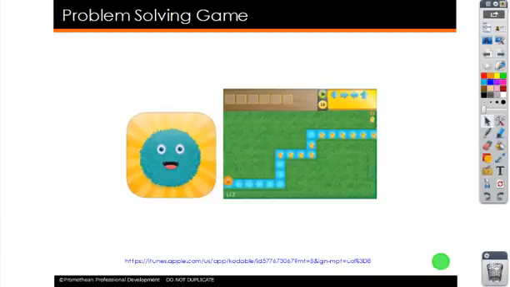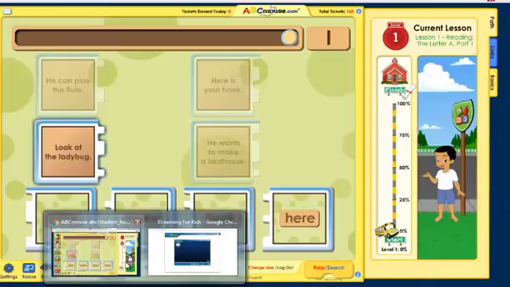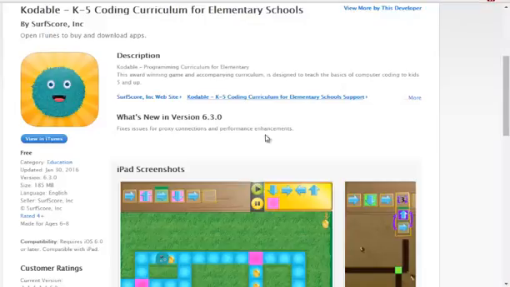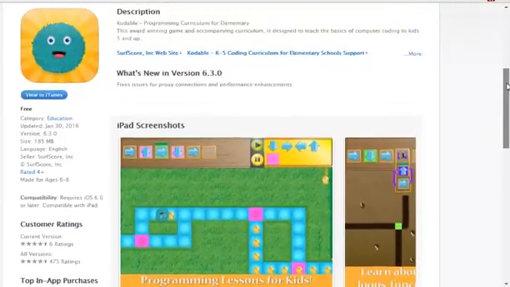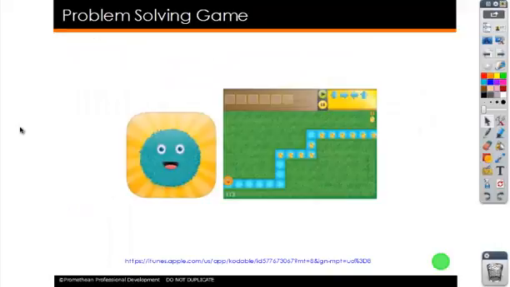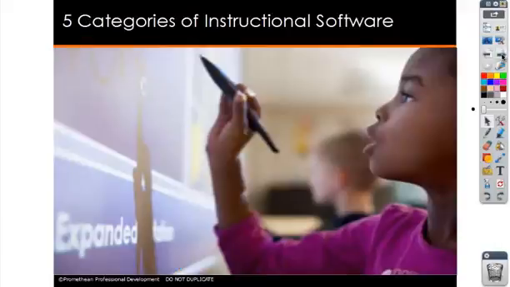And I can pull up the website. I have the website down here at the bottom as well. Unfortunately, it's just not interactive like the other ones were, because it's an app. So that is all of the categories of instructional software that I have for you, and you can find all of